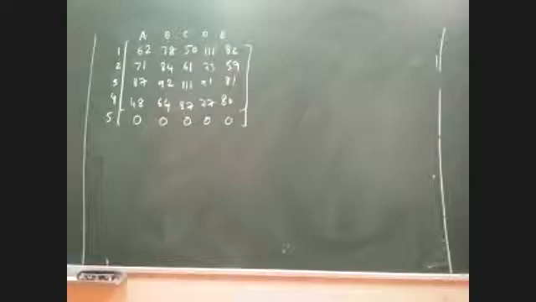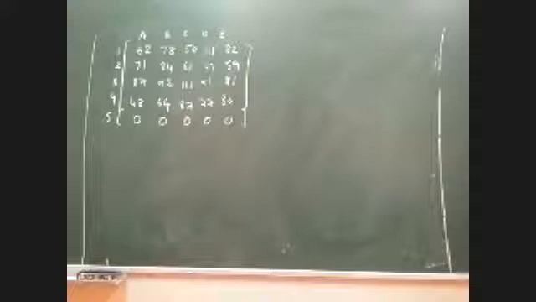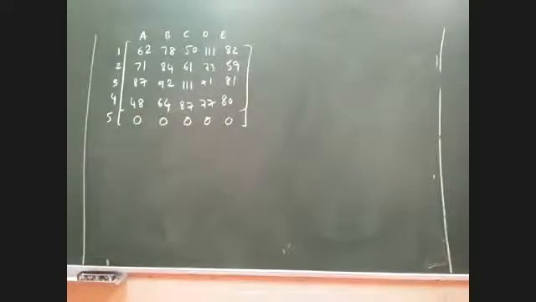Transportation. You need to subtract with the highest value, sir. Very nice. You are supposed to identify the highest value in the entire matrix. Whichever is the highest value, from that highest value, every single value of the matrix has to be subtracted. By doing that, a new matrix is obtained, which is called the minimization matrix. Now can you please tell me, in this problem, which is the highest value? 111, sir. Very good. 111 is your highest value. So every element should be subtracted from 111 and a new matrix has to be written.